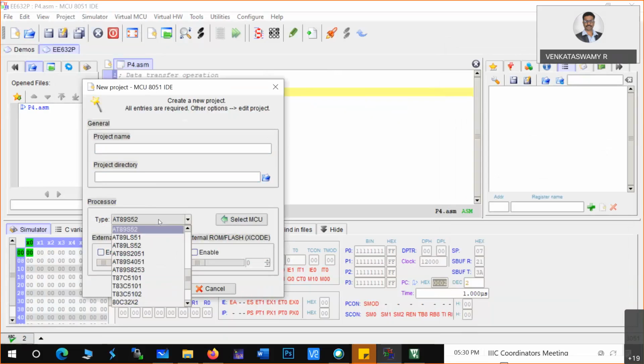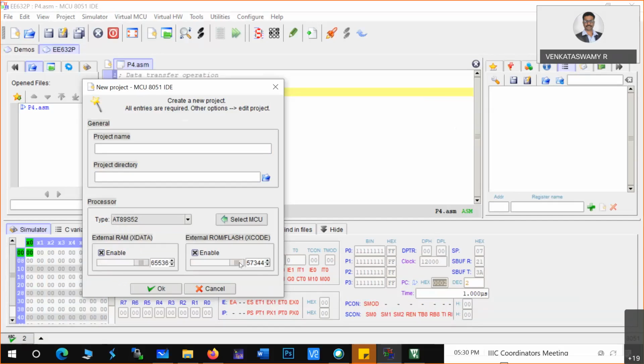While creating the project and selecting your microprocessor, click on this particular checkbox and scroll. Push this particular button to whatever RAM you want. Only enabling will not work, so you have to drag this button to the end, and only then is the selection made. You selected that external RAM and code memory.